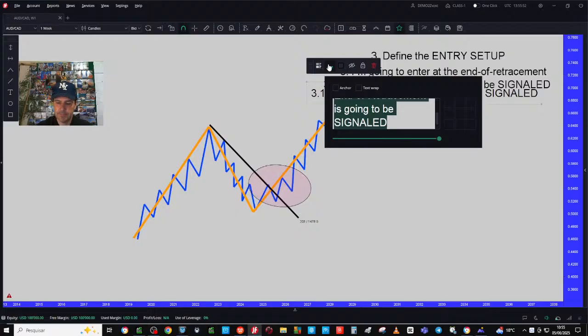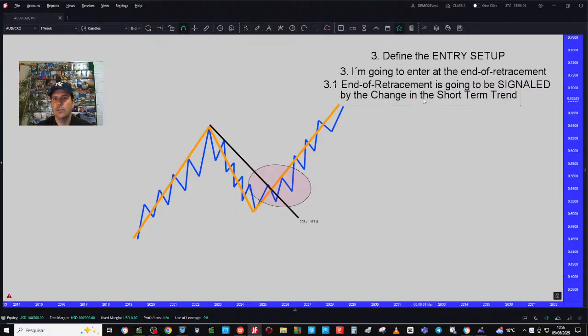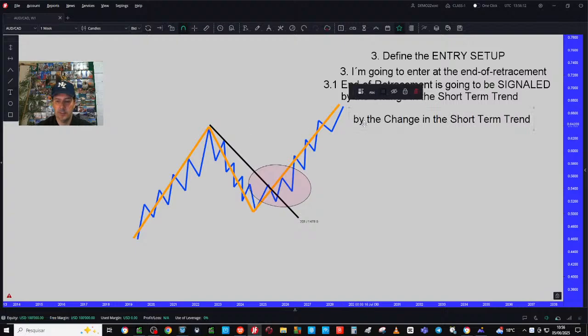The end of retracement is going to be signaled by the change in the short-term trend. Okay, everybody? And you can be even more specific. You can go here and write text, everybody give me a second, and you say,